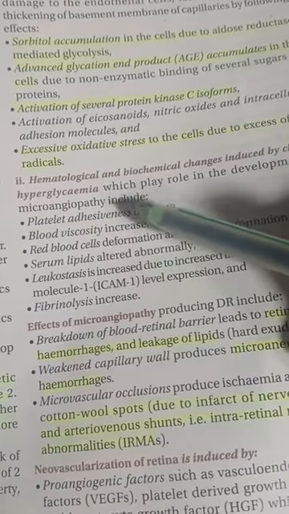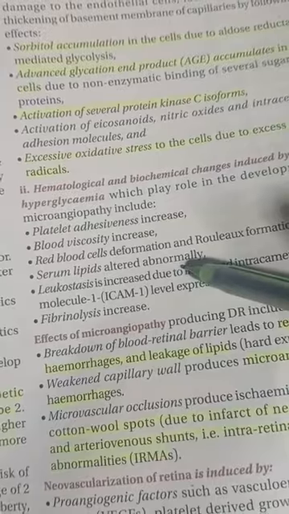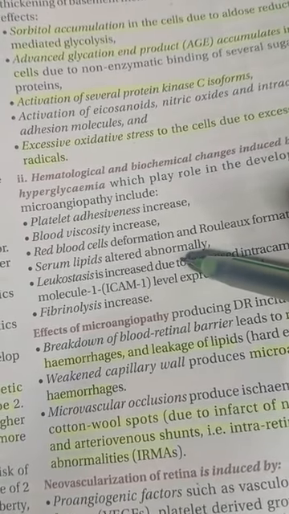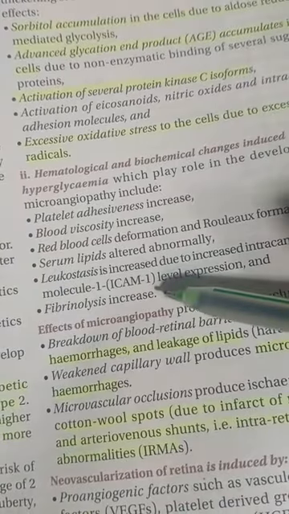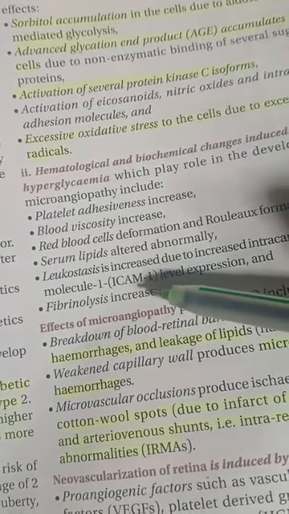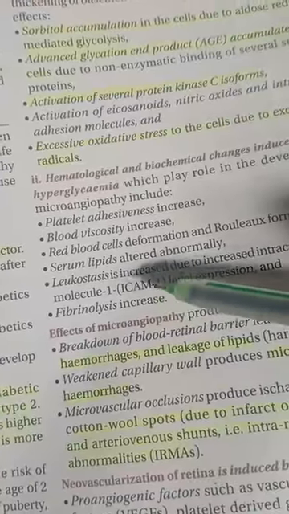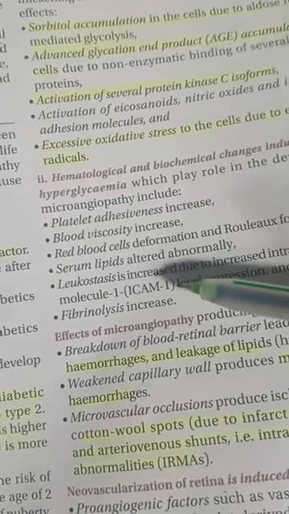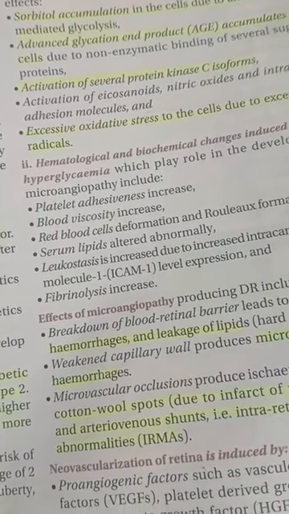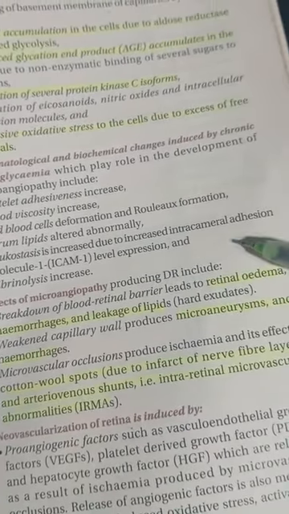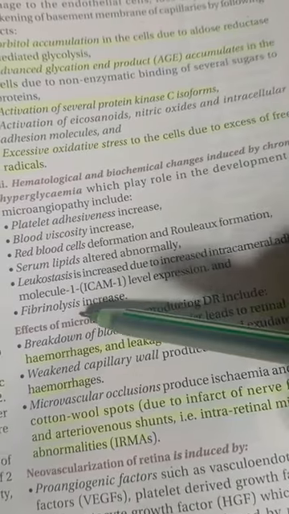Serum lipids are altered abnormally, that is serum triglycerides, bad cholesterol LDL, HDL, and VLDL, these lipoproteins get altered. Leukostasis is increased due to increased intercellular adhesion molecule 1, ICAM-1, expression, which is very important, and fibrinolysis will